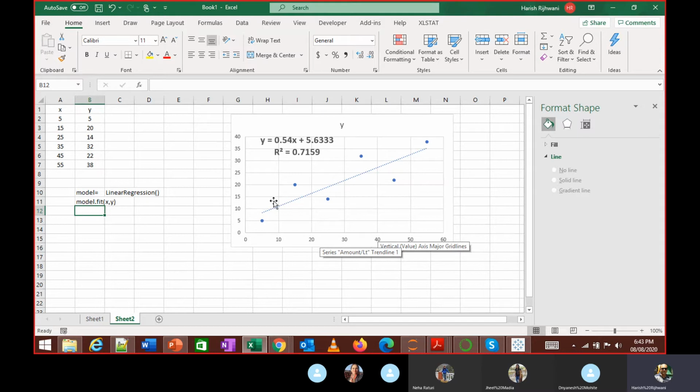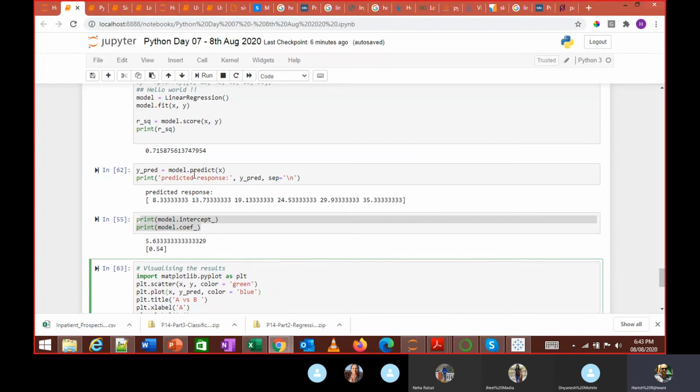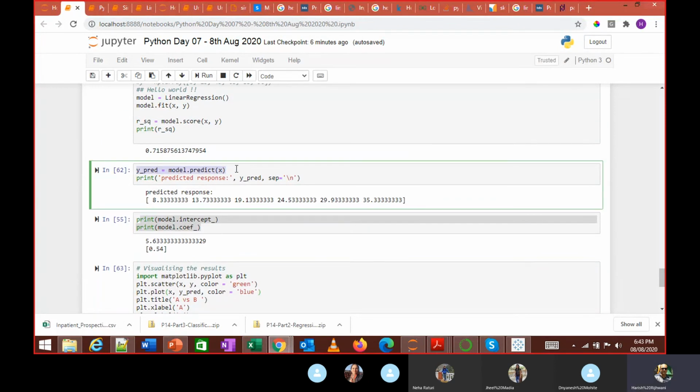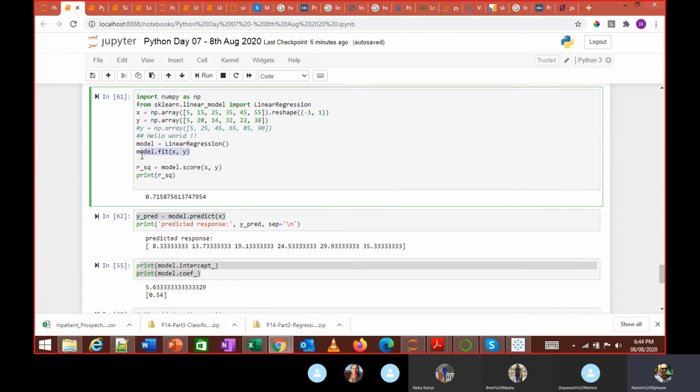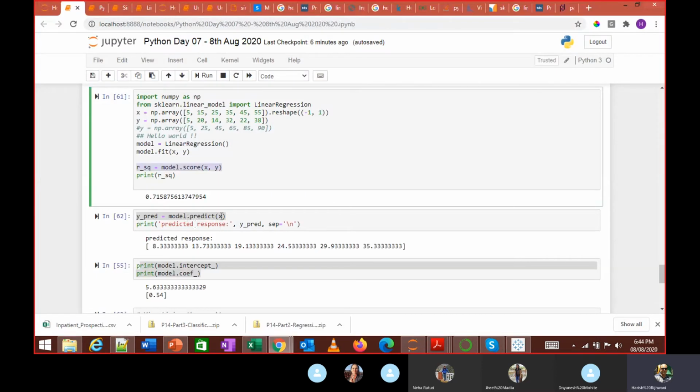When that happens, right? This is the main step, wherein you get these points. If you look at it, right? I get the R square value after I have done the prediction. Okay, after I have fitted this value, right? I get the R square value only after that. So I get model dot score only after this. R square equal to model dot score. When I do this, right, I get the value of R square as 0.7158, whatever it is. 7158757, right? So that is rounded off to 7159.